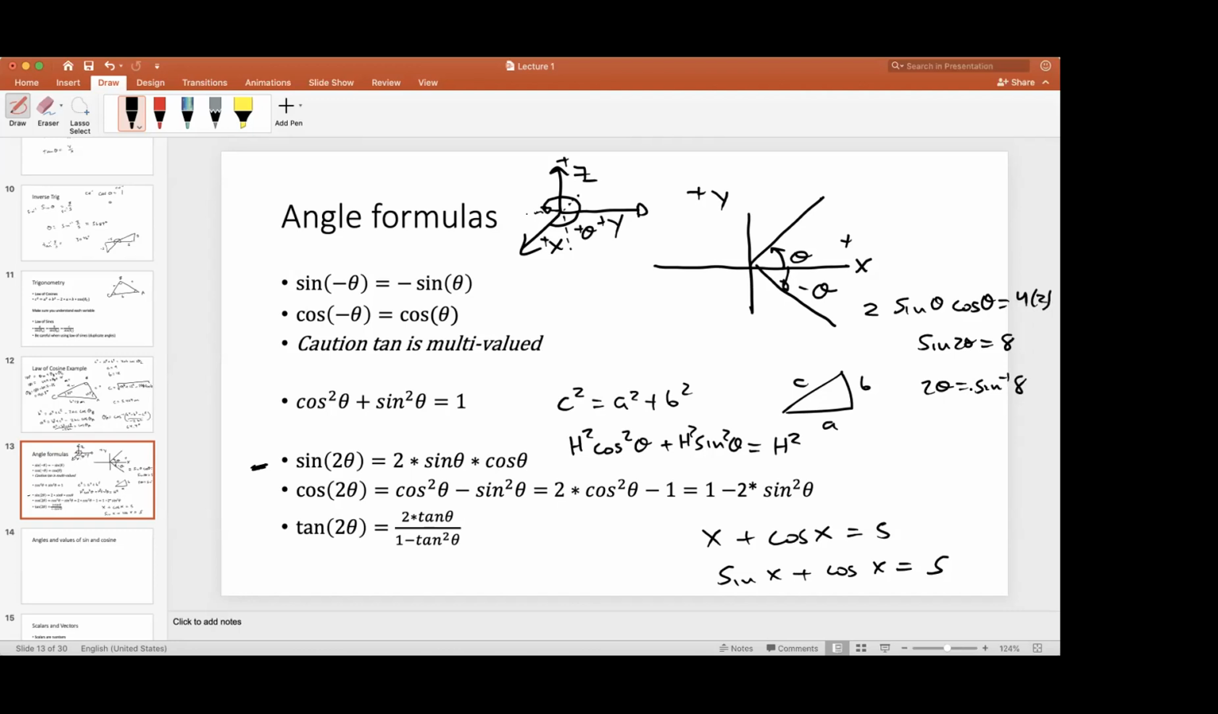If it's 8 radians, so arcsine of 8, nope, still out of the domain. Let's make this 0.3. So this becomes 0.6. So arcsine of 0.6 is 0.64. So therefore 2 theta is 0.64, divided by 2, and I get that theta is 0.32 radians. So